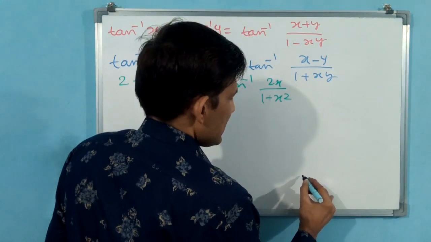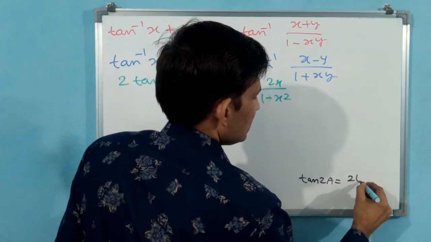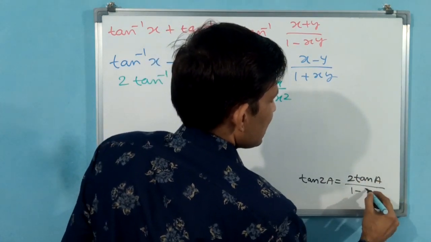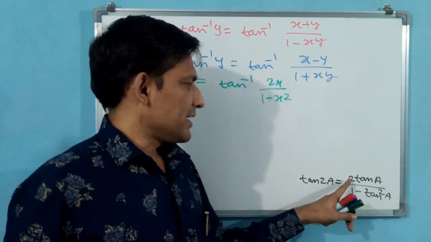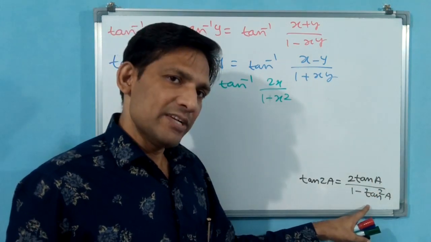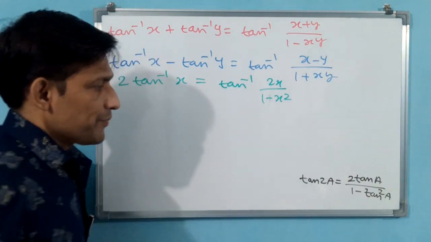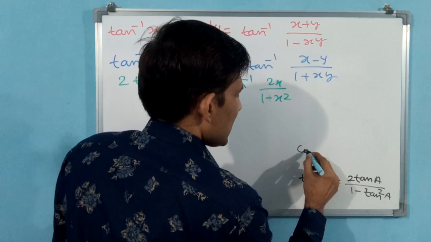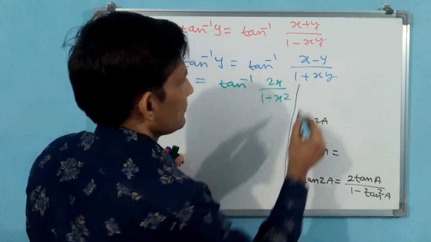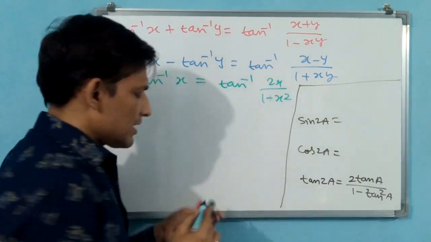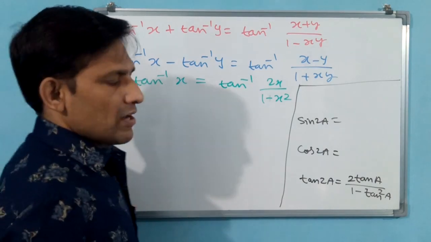Okay. Tan 2a is equal to 2 tan a by (1 minus tan square a). Is it okay? Why? Because tan of (a plus a) is (tan a plus tan a), 2 tan a, by 1 minus tan a into tan b, means tan a into tan a, tan square a. Okay, this was that formula. Now you see cos 2a, sin 2a also in terms of tan, the formula we derived in class 11. Okay. What are those formulas?